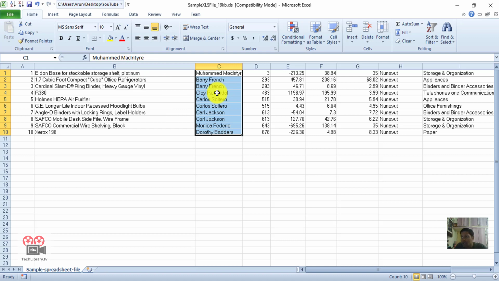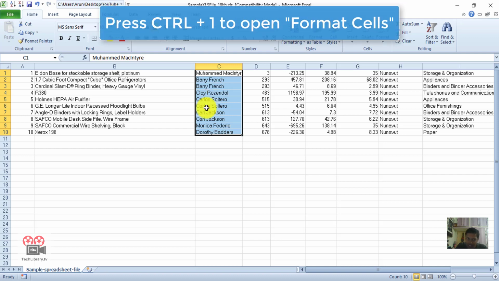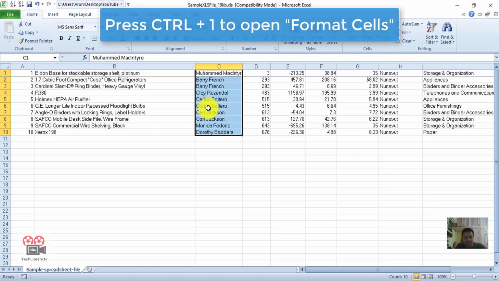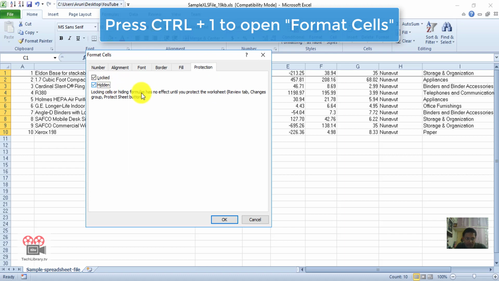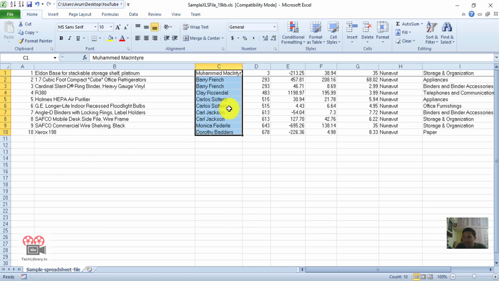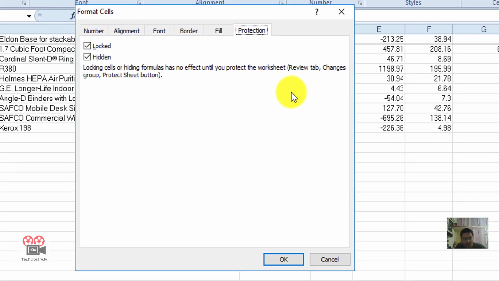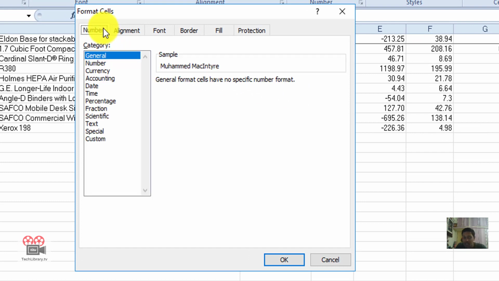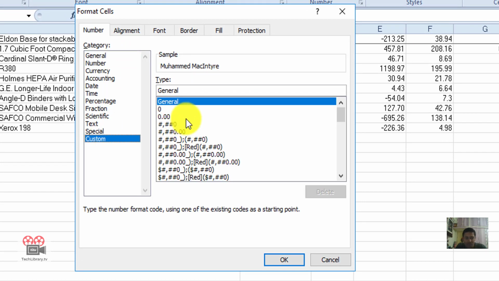Here's how. To accomplish this, we need to protect our worksheet. But before we do that, let's open our Format Cells dialog box, go to the Protection tab and select the checkbox that says Hidden. Once the cells are marked as hidden, in case you want the cell contents to also be hidden from the normal view, just follow what we saw in our previous video, which is going to the Format Cells dialog box again, and under the Number tab, go to Custom and then type in 3 semicolons under the Type field.